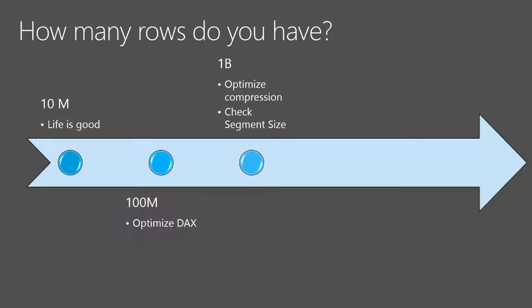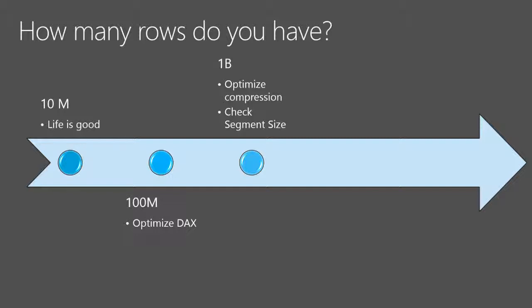I mean, when you have 100 million rows, with a modern hardware, 2, 3 gigabytes of RAM is enough, usually. You don't have to worry too much. But when you have 1 billion rows, every byte you save is 1 gigabyte. So the compression is important at that point. Because reducing memory means reducing the time to scan the memory, which is important.